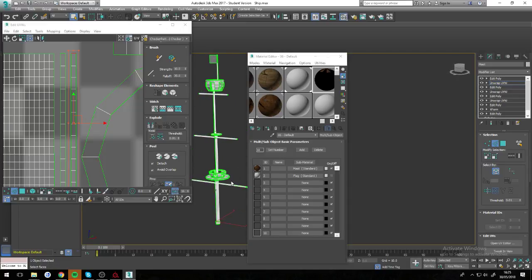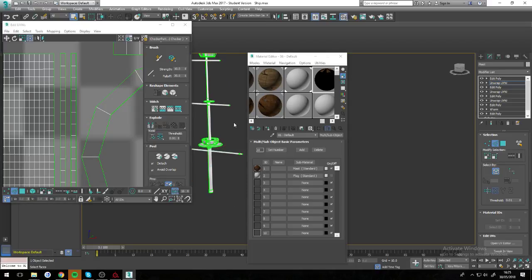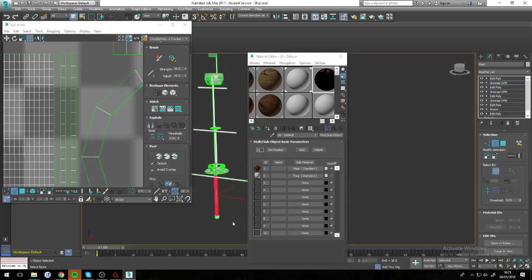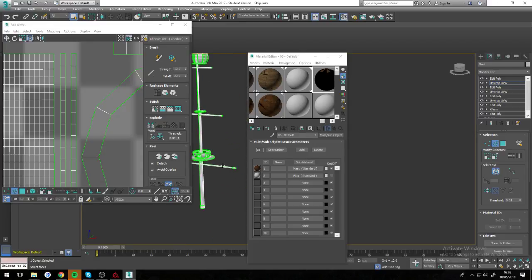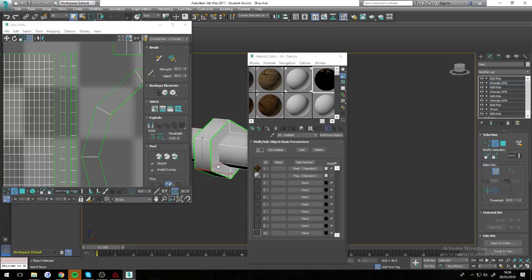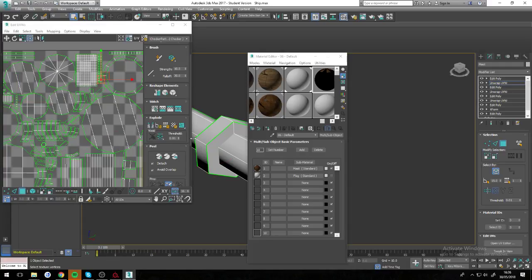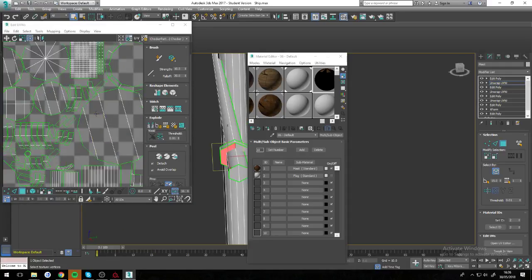I then duplicated that, so I'd already unwrapped this one, I then duplicated it here and here, same with this one, so it was already unwrapped, it just wasn't packed. So that's one thing I do a lot. Here there's only one sail attachment, and is it? Yeah,